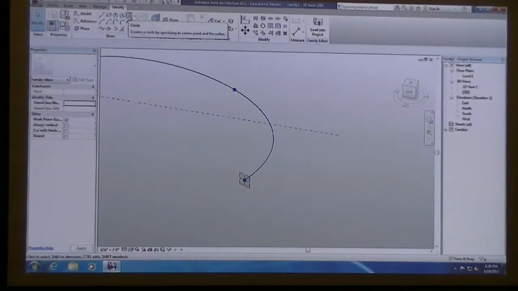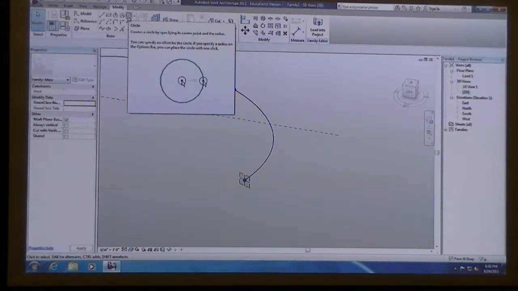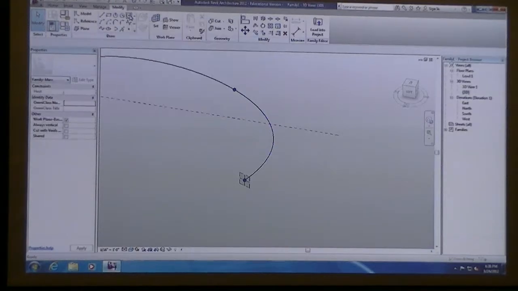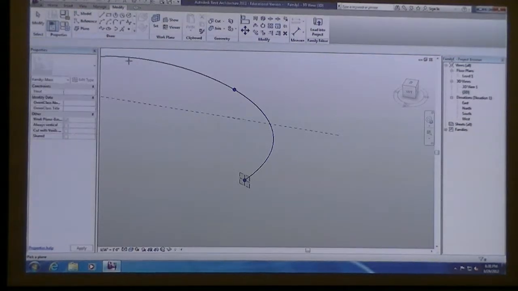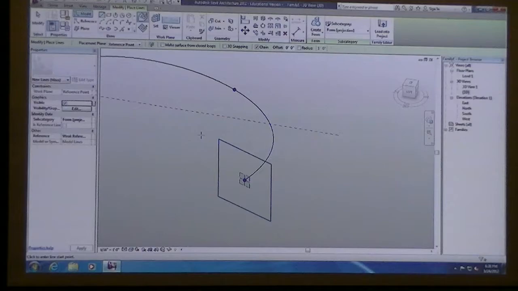So I'm just going to make a simple pipe real quick. I'm going to use the circle command, and before I can draw I need to pick my placement plane. So you probably want to be in a 3D view so you can see all of this, but go ahead and hit pick, and then I'm going to hover over this reference plane and pick that.